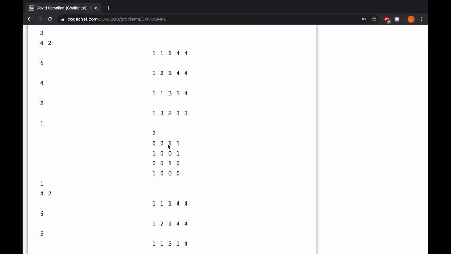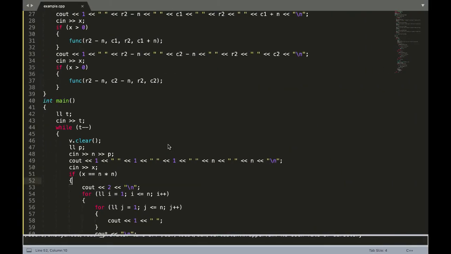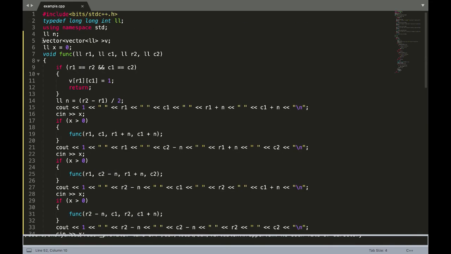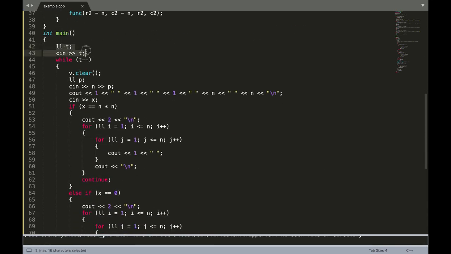Now, if you have to optimize it a bit, what you can do is, I have declared a 2D vector globally, which is my answer, and n and x as well. First of all, I'll be reading the test cases. Once I have the test cases with me, I'll be clearing the vector so that I can avoid any garbage value. After that, I'll be taking the input and I'll be printing for the full matrix, like I'll be asking a query for all n square elements.